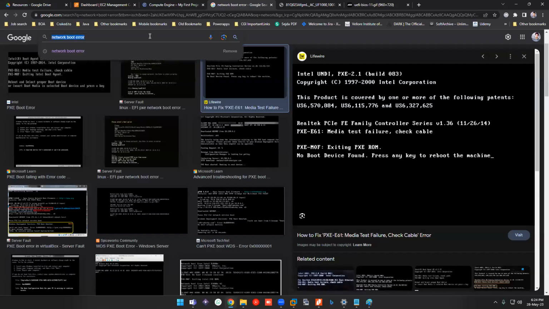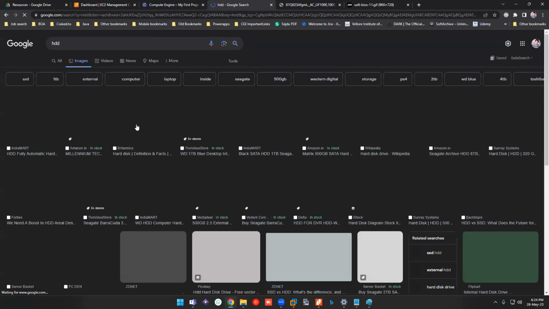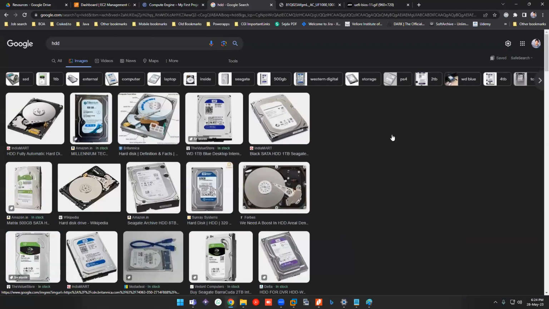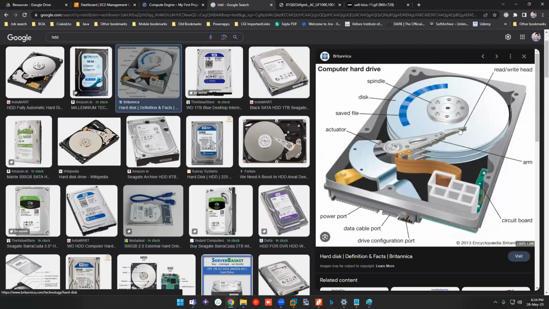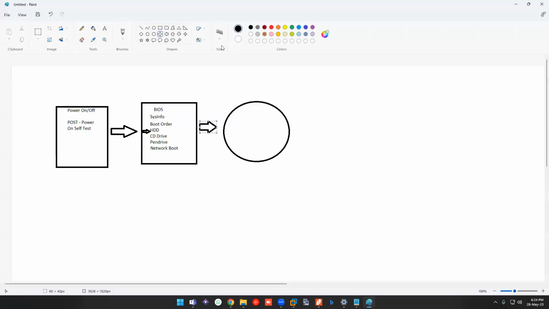Let me open that. So this is what your typical hard disk will look like, and it will be segregated into sectors. There will be different sectors in your hard disk, not physically, but virtually. For your understanding, let me dissect it like this.